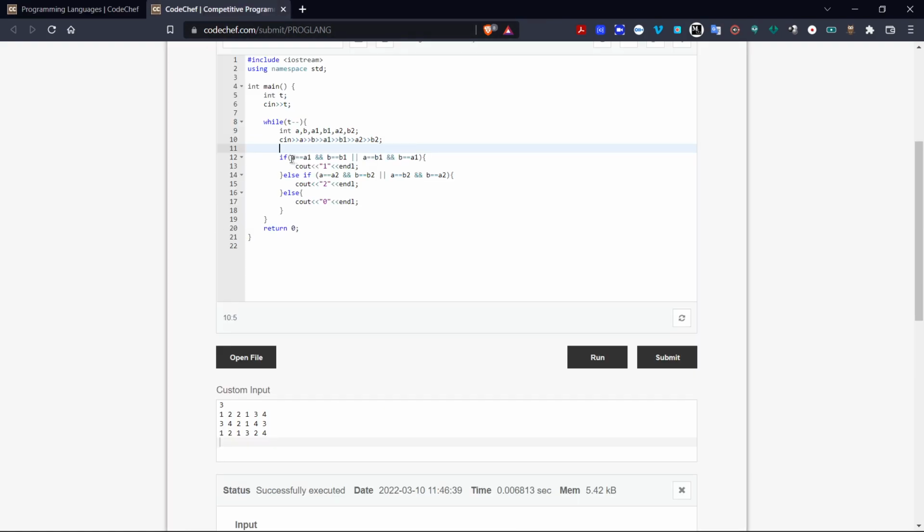So, in the source code, when we write A is equal to A1 and B is equal to B1, or A is equal to B1 and B is equal to A1, we mean to say that either A and A1 can be equal and B and B1 can be equal, or A can be equal to the B1 parameter and B can be equal to the A1 parameter. But both